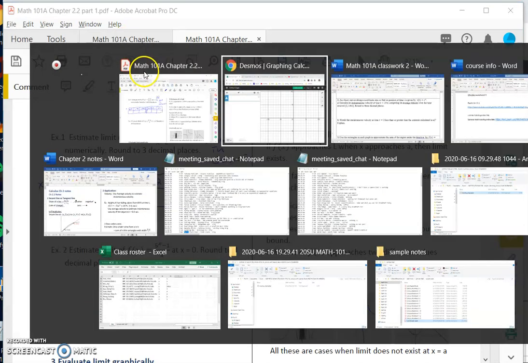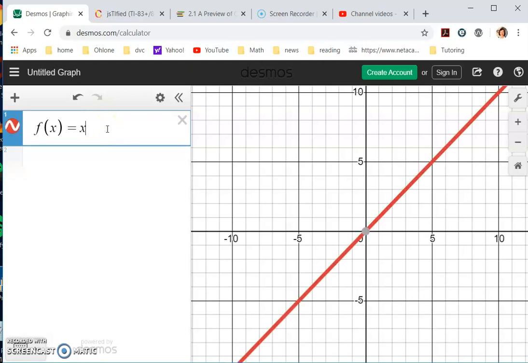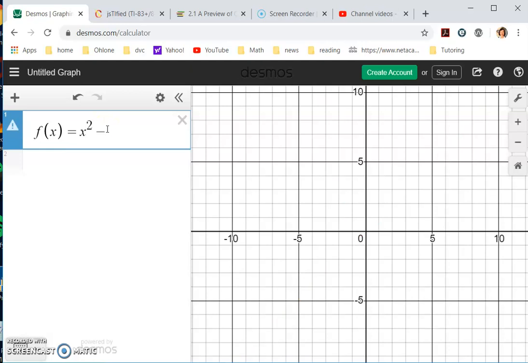And you know that decimals are very easy to do. So what was it? f of x is equal to what? A ratio of x squared minus 4 over